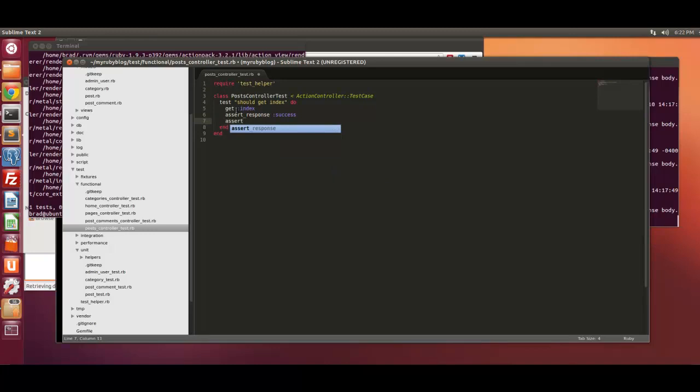And assert, make sure it's not nil, that assigns, and we should put posts. So what this is doing is just making sure that the index method of the post controller is accessible. So if we save that,